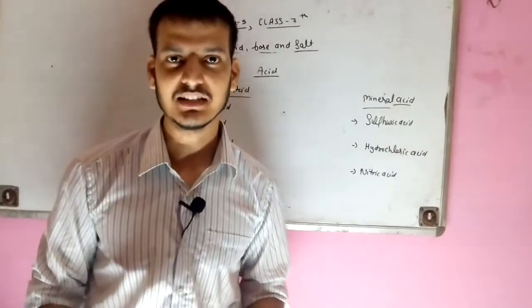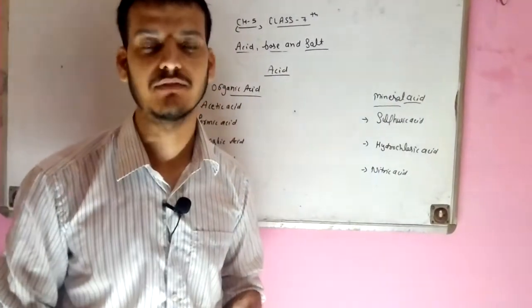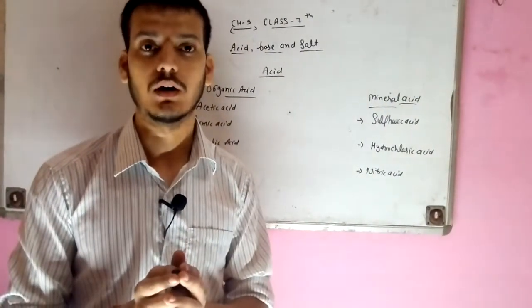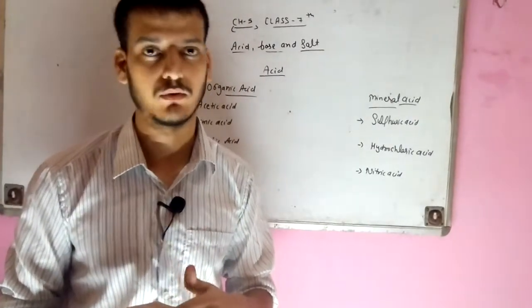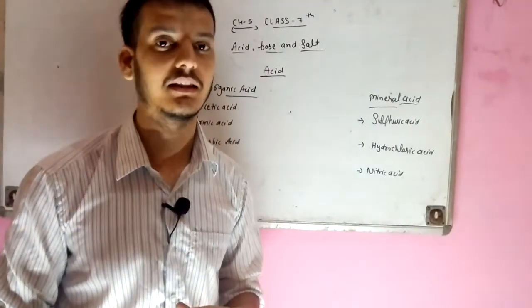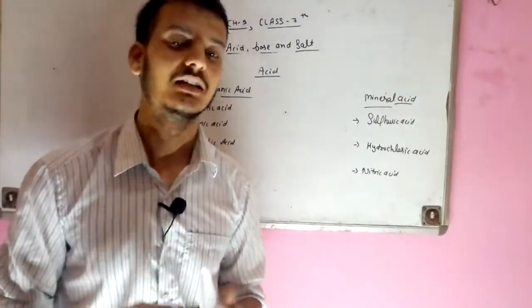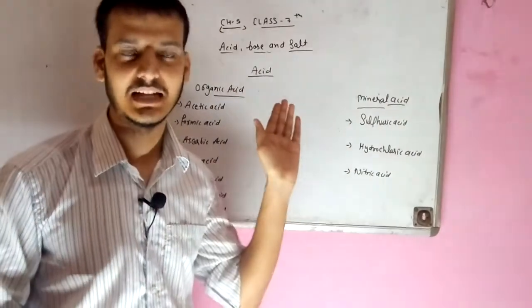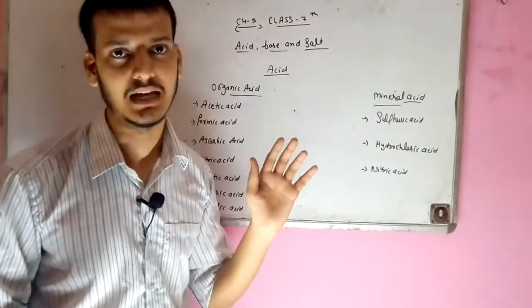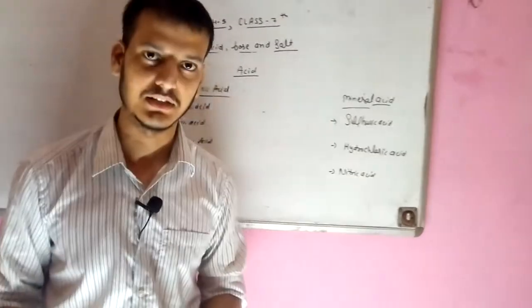In the previous class we discussed what acids are, what bases are, and how we classify the nature of a substance by using a chemical substance known as an indicator. Then we classified indicators into natural indicators and synthetic indicators. But in today's class we will discuss acids and bases with some common examples, and then we will discuss salts and the neutralization process.